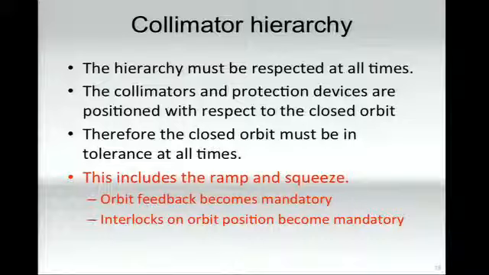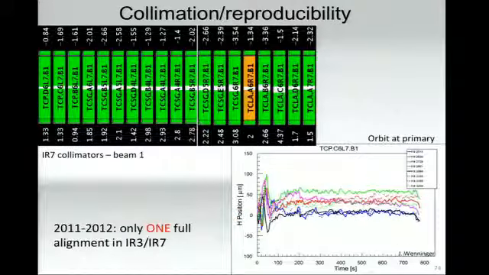So this is during the ramp and squeeze. This motivates the orbit feedback being mandatory. And we have interlocks on the orbit position, so if the beam in certain regions wanders off too far, bang, the beam's dumped again. And okay, just again, a fixed display from the control room showing you the collimators on beam 1